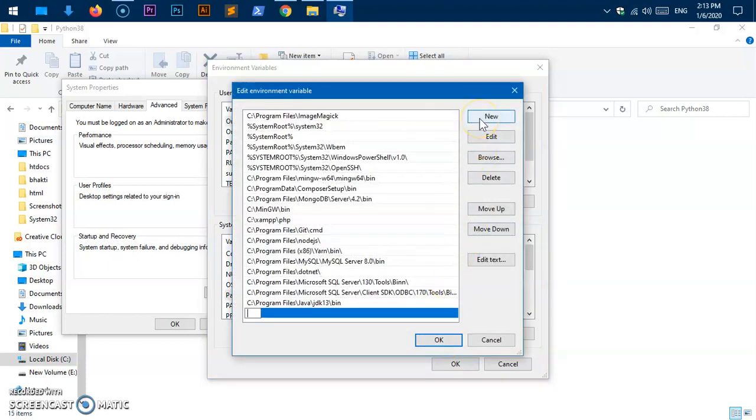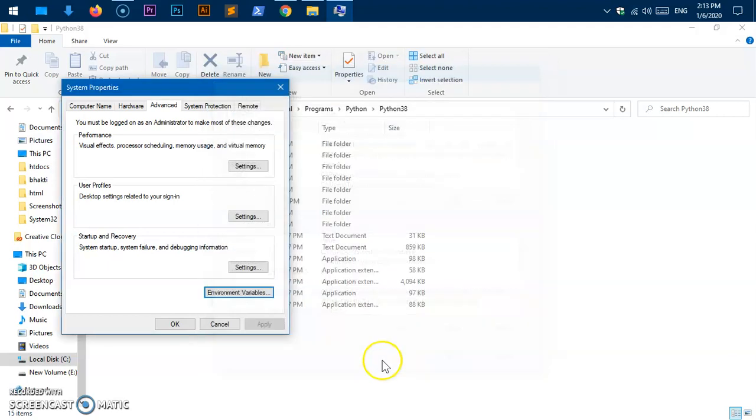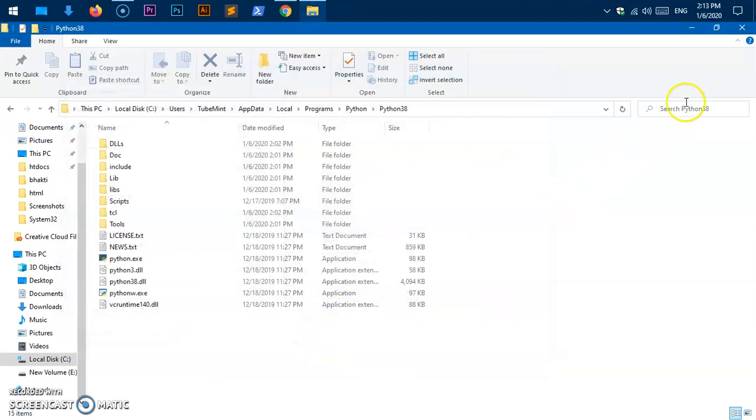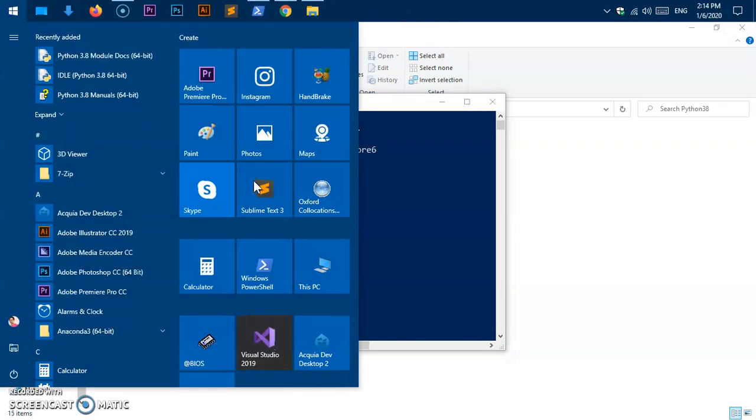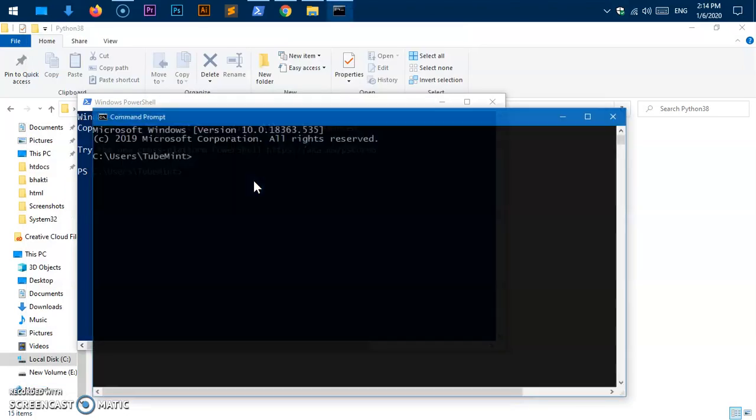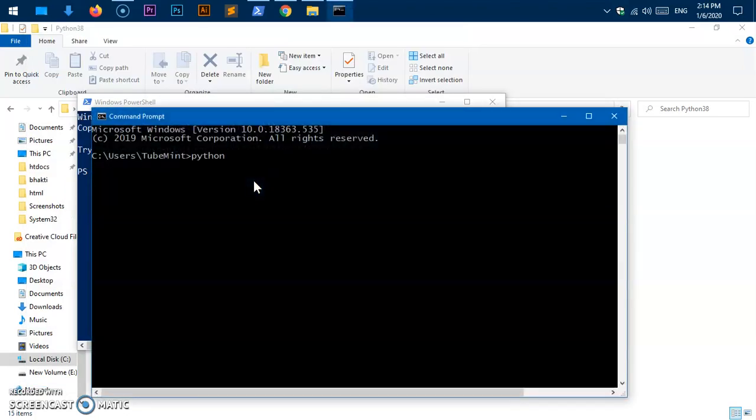Now hit New and then paste that location, the Python 3 point whatever it is, that Python exe location, and then hit OK, OK, OK. Now you can go ahead and close it and then launch Command Prompt or PowerShell, whatever you have. Let me launch CMD as well, and then type python